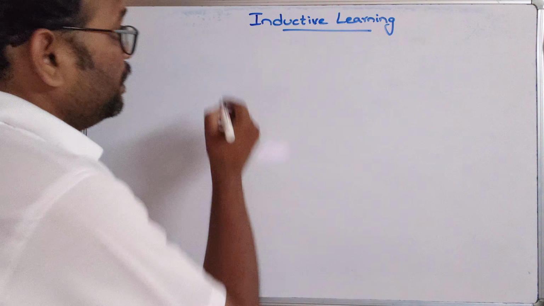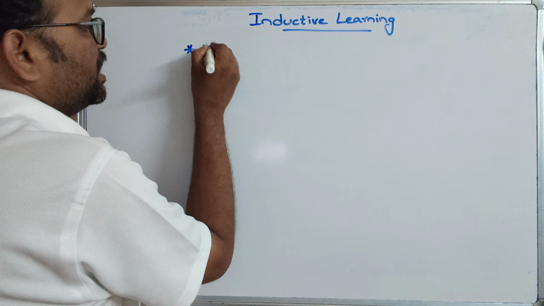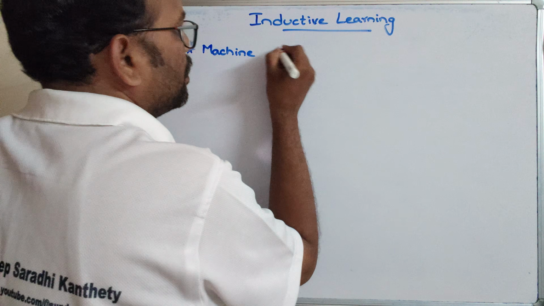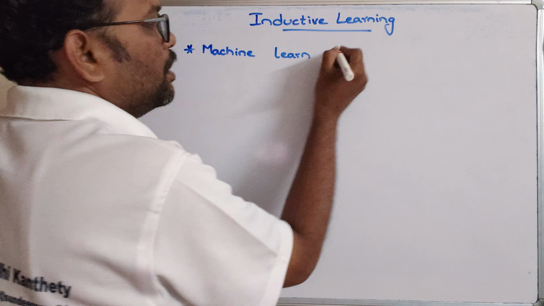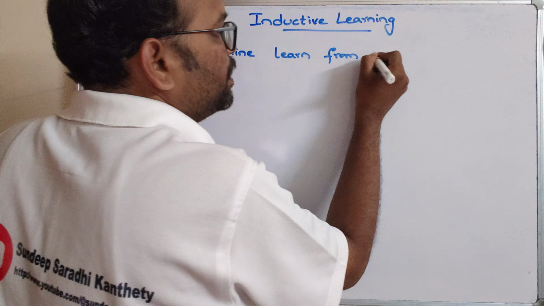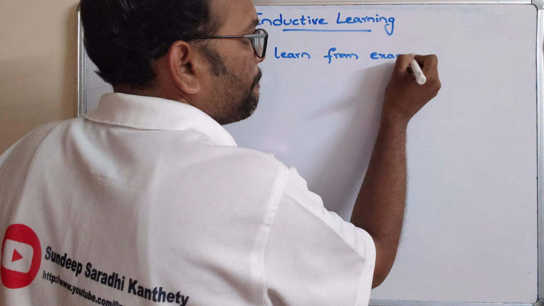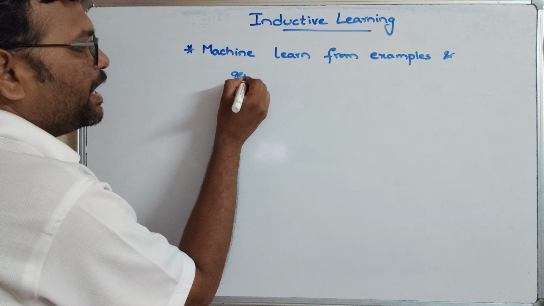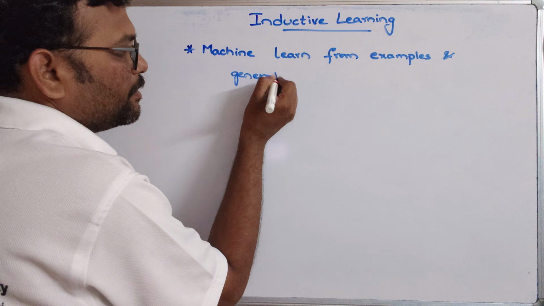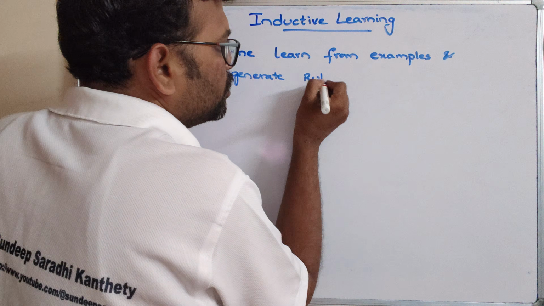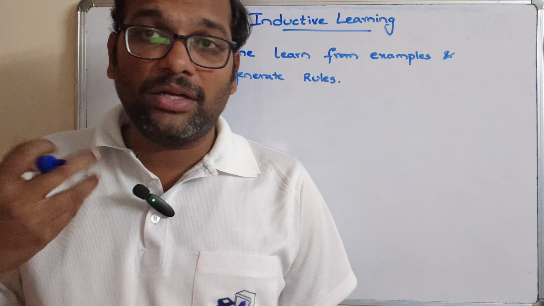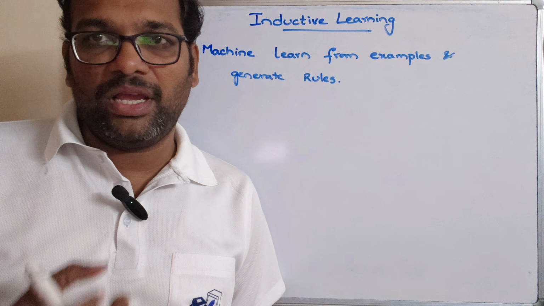So here the machine learns from examples and generates rules. In this inductive learning, we are not supposed to give the rules, that is, how the program